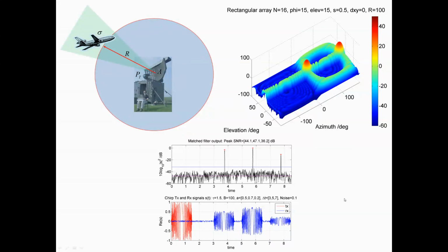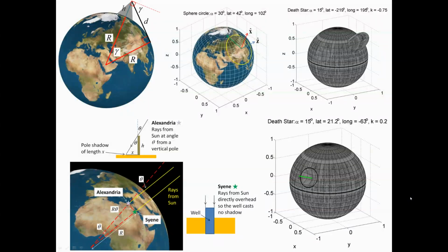We'll cover three concepts of radar: how to work out the signal-to-noise ratio with range, how to steer a beam of microwaves electronically via a phased array antenna, and how to improve range resolution by transmitting frequency-coded pulses. Starting with Eratosthenes and Al-Biruni's methods, we shall navigate the sphere and explore the ancient techniques of geodesy. How far is the horizon? How can we measure the radius of the Earth using weights, some string, and a protractor from the summit of a mountain? And indeed, how can we plot the Death Star?